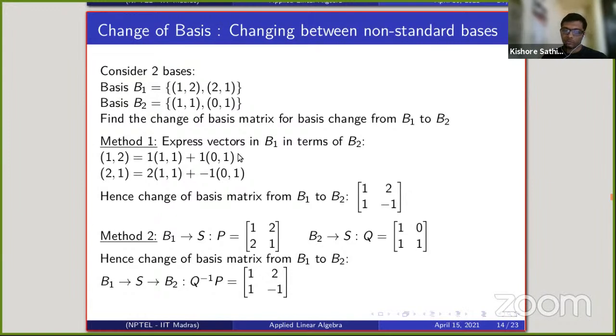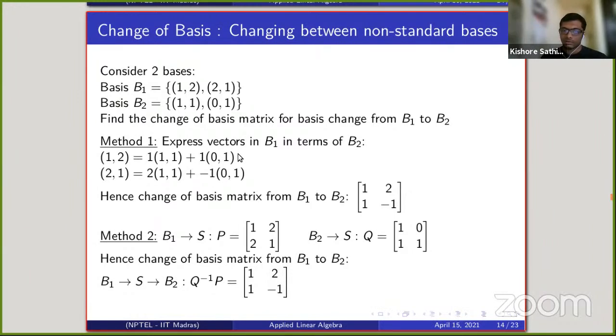So we first convert from B1 to S, that is P. And next we convert from S to B2. So from B2 to S is Q, from S to B2 is Q inverse. So we first apply P to our vector, then we apply Q inverse to that. So Q inverse of P of V. And this should be true for any V, so we can just remove that V, and our final matrix is